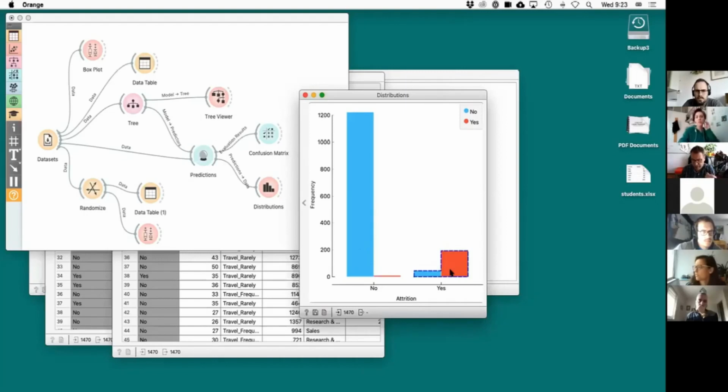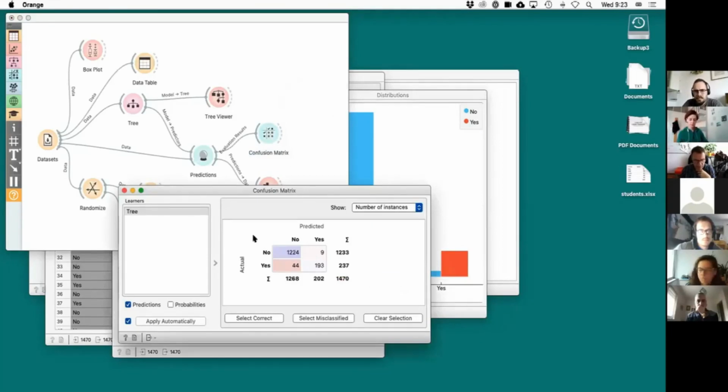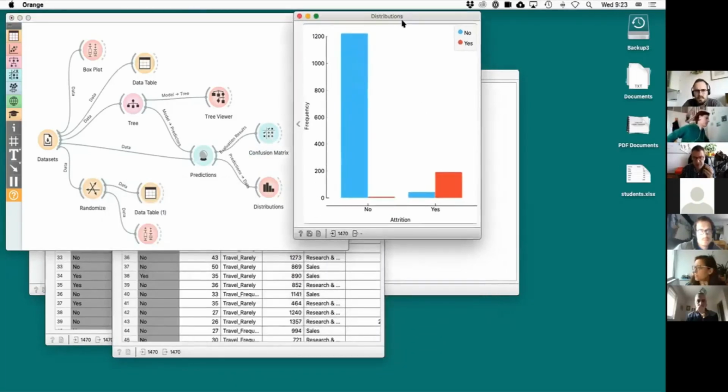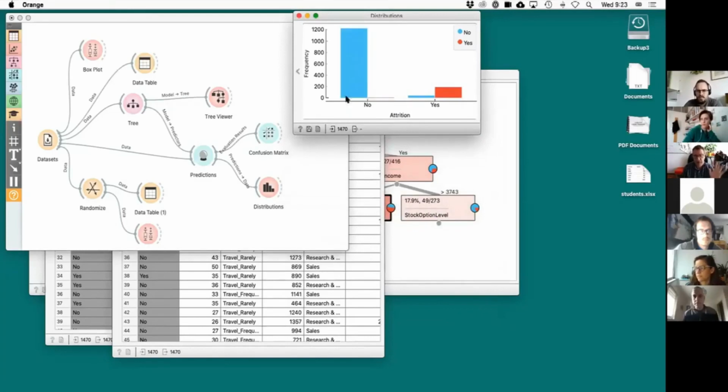And when the tree predicts yes, the majority of people really left the company, right? And in this bar here, the blue one, I have those for which I made a mistake. So all mistakes are here. Basically there are 44 mistakes here, and then here are just a few of them, 9 mistakes, exactly like what the confusion matrix says. So 9 and 44, but I just have this graphical presentation. Just to say that here the majority should be blue and here the majority should be red, and I'm fine, because the tree predicts well.